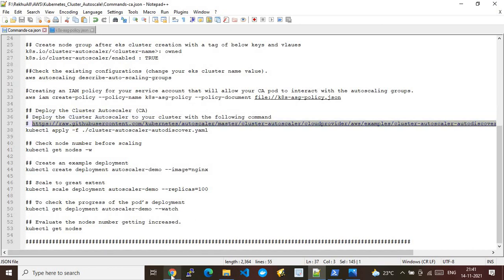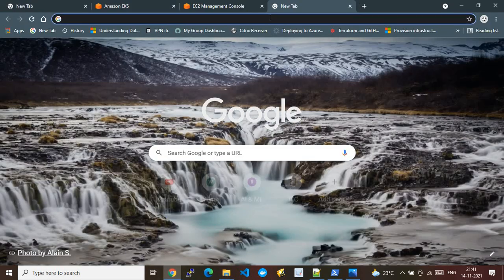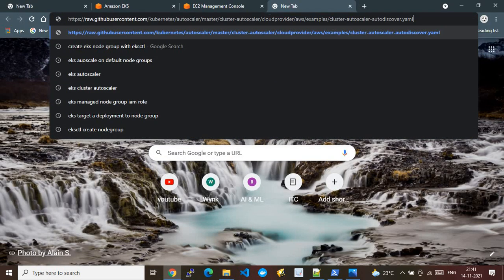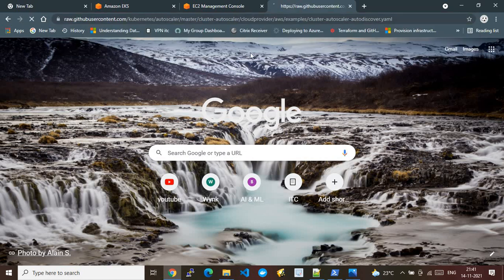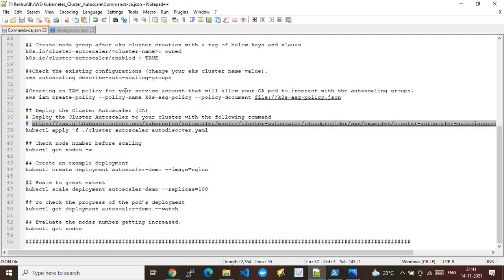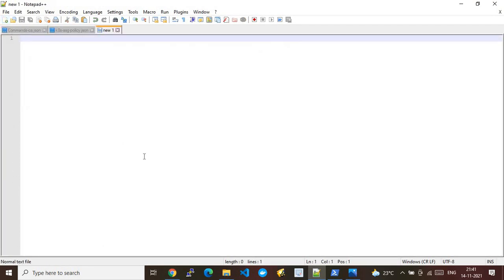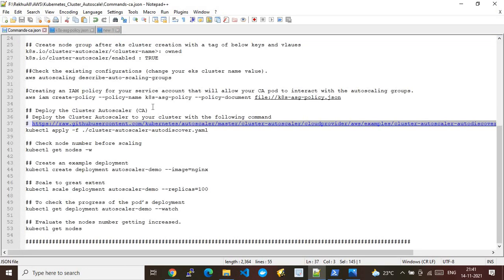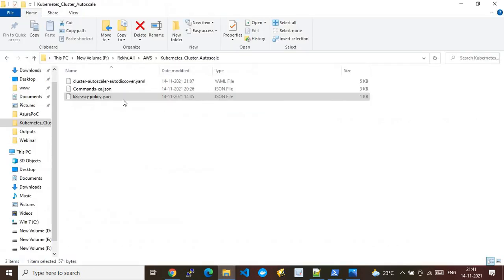Okay, so let me open that for you. So what I do is I go to this file. If you open that file, you will have a YAML format. You just copy the content in the form of a kind of Notepad++ and save that file using this name. All right. And once the file, so what is this? Okay, this is the complete Kubernetes cluster autoscaler configuration YAML definition, which you can consume as it is with small modifications. Okay, so that modification I will just tell you here.